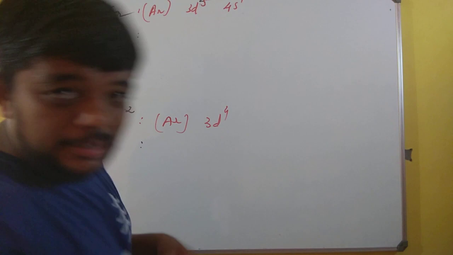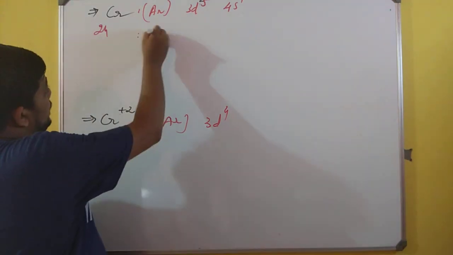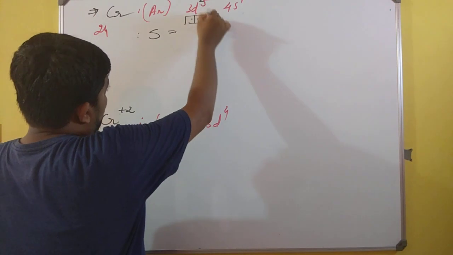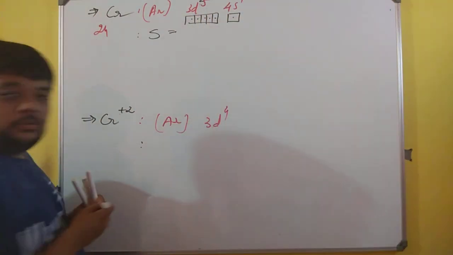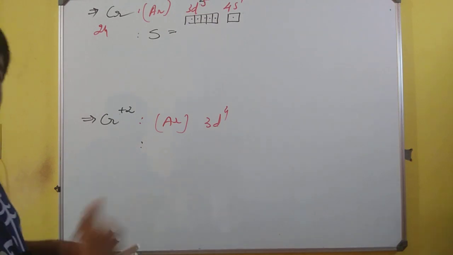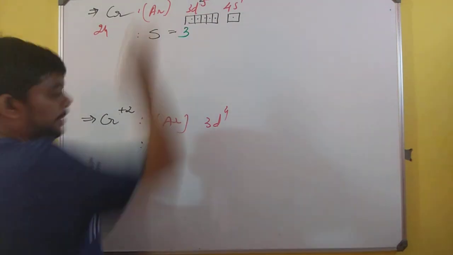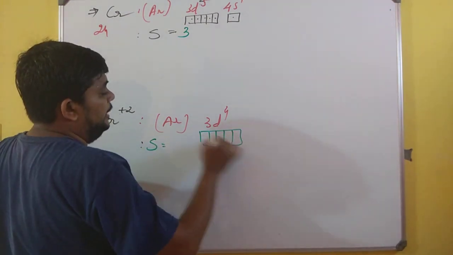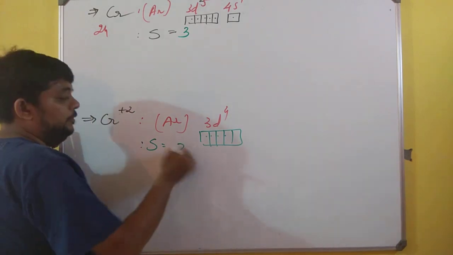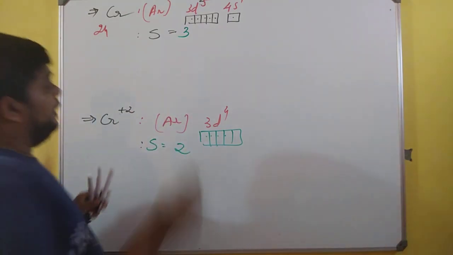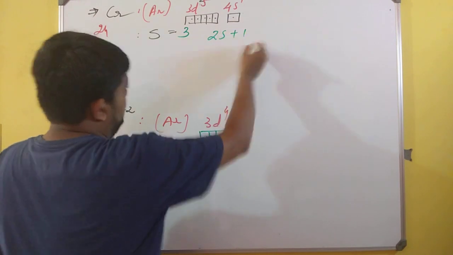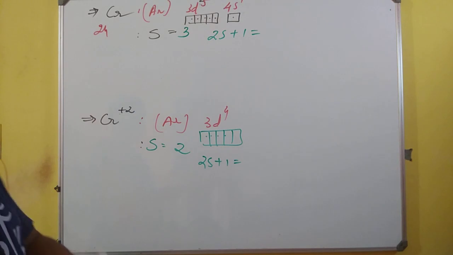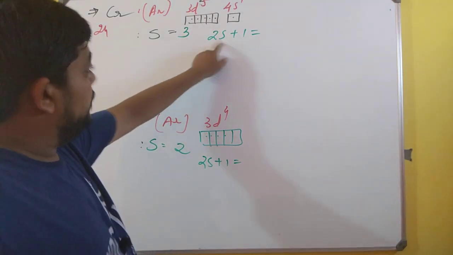So if I try to solve the S values, see what happens. Over here, the value of S has to be the summation of all the electrons. So you can see there are 6 electrons, so 1 half plus 1 half plus 1 half plus 1 half, 1 half and 1 half. So I will end up with 3. Over here, the value of S will be a lesser value because there are only 4 unpaired electrons, so the value of S has to be 2. So if S is 3, then what about 2S plus 1? Let me solve it here itself. No need to stretch it till the last. So 2 into 3, 6 plus 1.